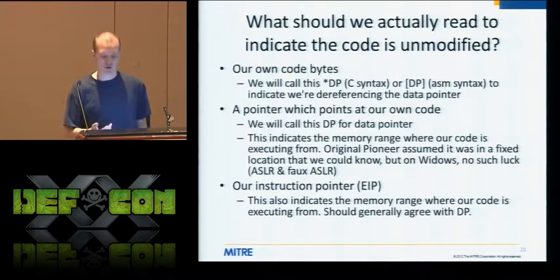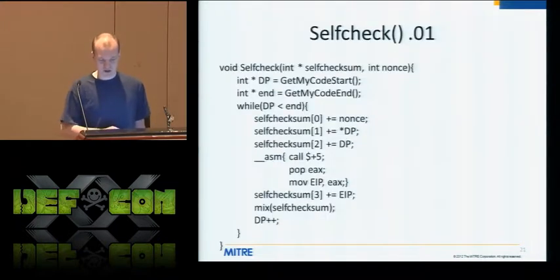Otherwise you could potentially have an attack. So now if we expand this a little more, we dive down into the self-check and we say, okay, what do we need to incorporate? So now the pseudocode for a self-check would look like: get the start of my code, get the end of my code, and now inside of a while loop, and this while loop is a very critical component of it,